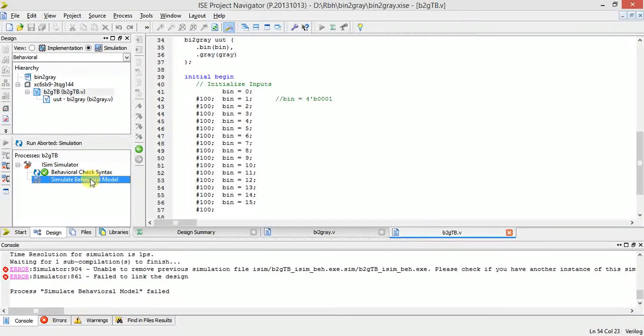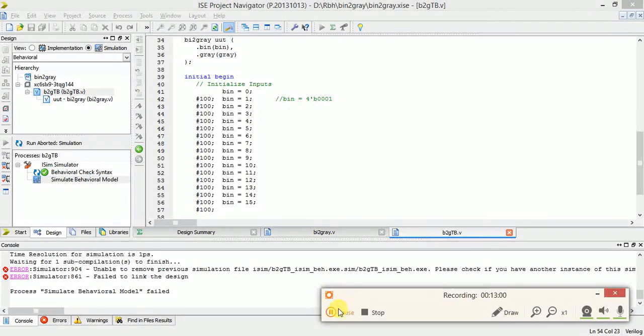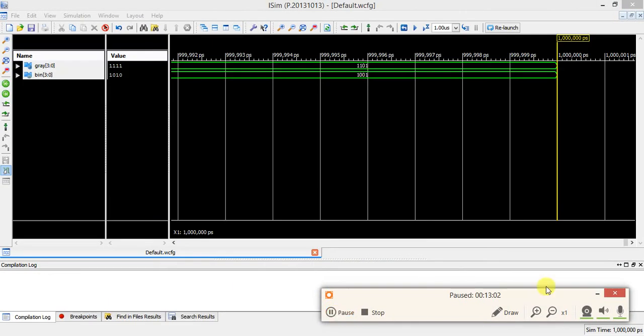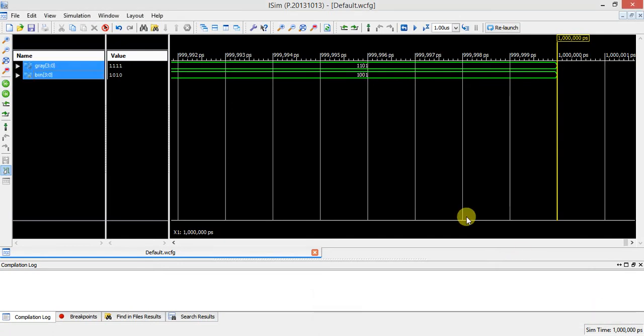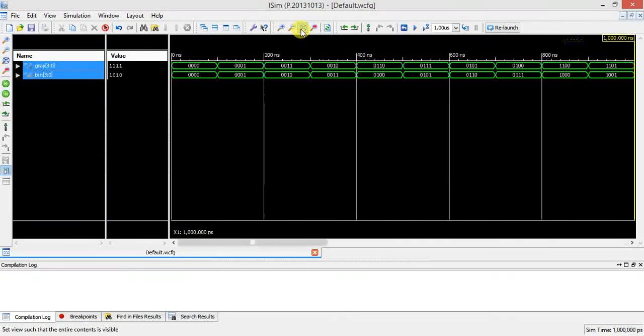Okay, it's giving some error. I think I have to delete. So once you run the simulator, you will get this output. Click on this zoom to full view.